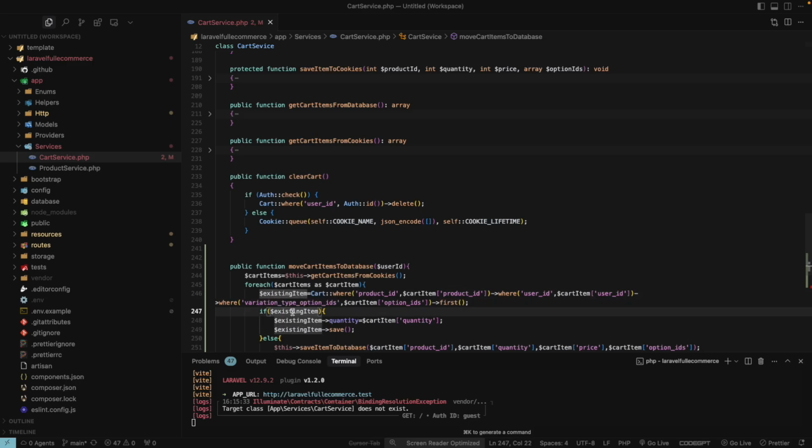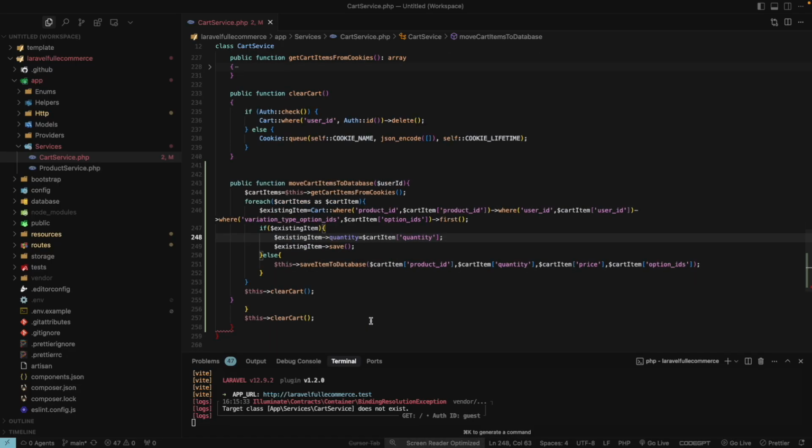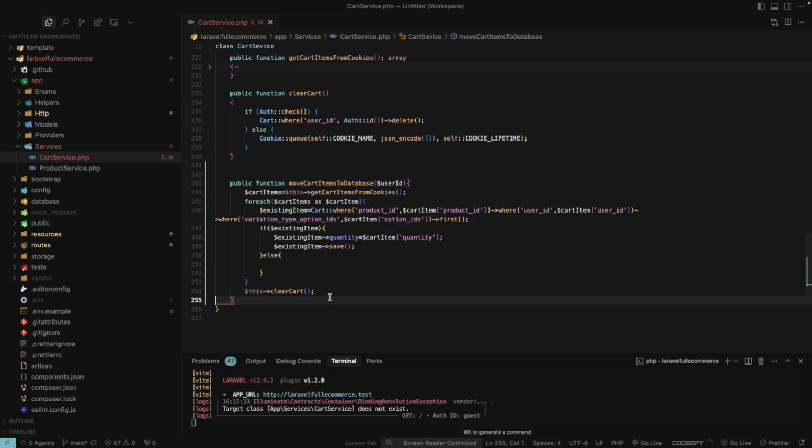So if existing item, we have to update the quantity, right? And then go to the, not this one, and this extra code is removed, and then else statement we need a new item